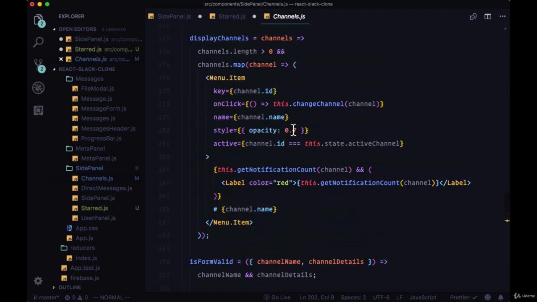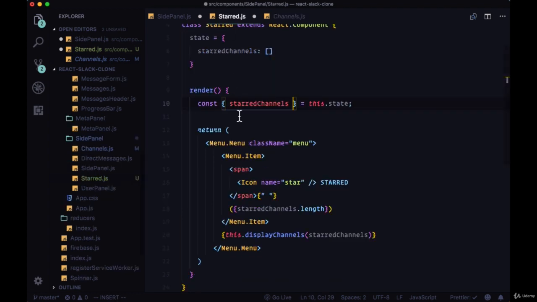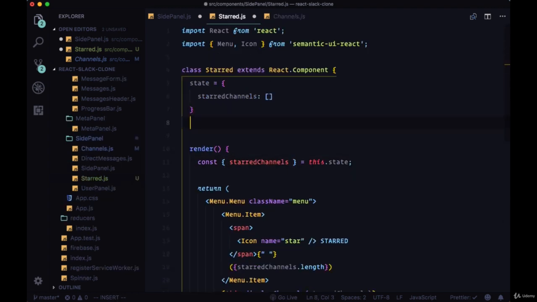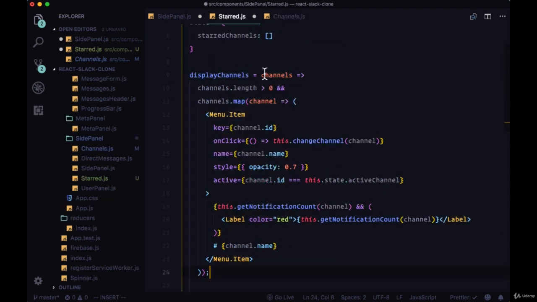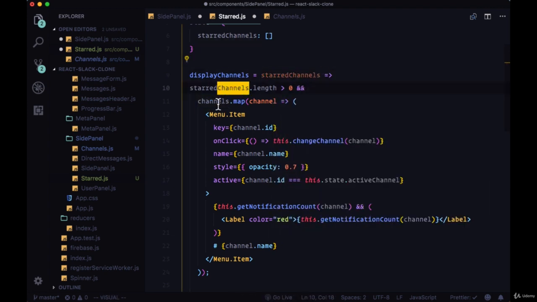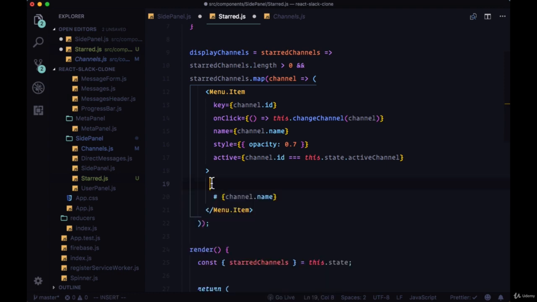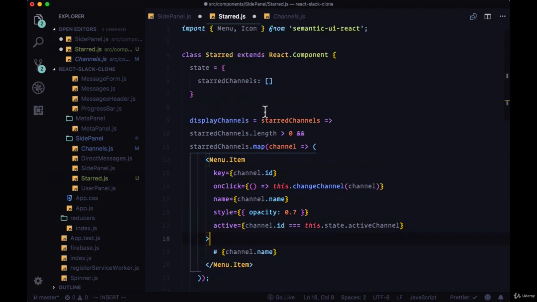Now we need to grab the display channels function since we're calling it. So we'll grab all that from channels. We'll change the argument there to starred channels and paste it in everywhere where we're using the channels parameter. We'll remove the label for notifications,